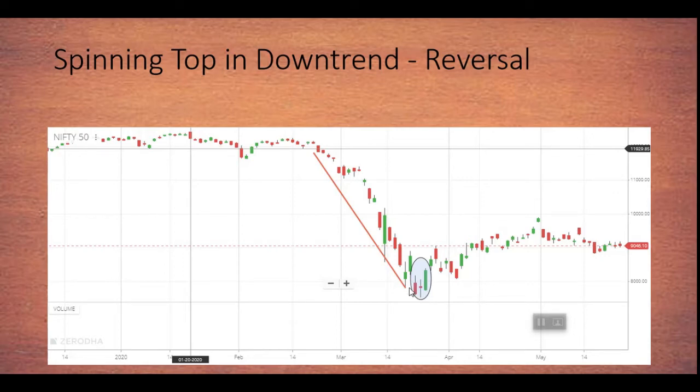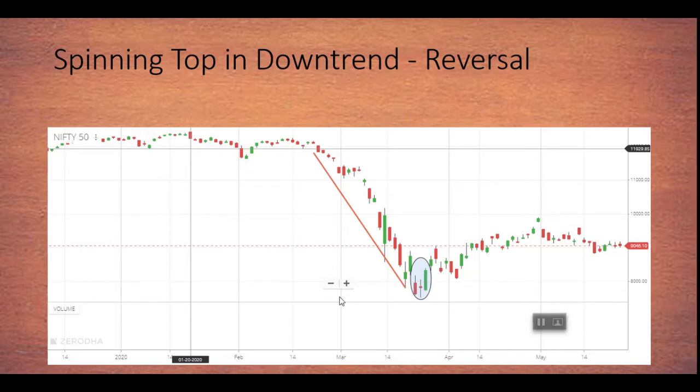Let's say you are trying to buy 1000 stocks after seeing the spinning top. Don't buy all 1000 stocks at this level. Buy only about 50% of your trade, so you buy 500 shares at this level. Once the stock price starts moving up, you can buy the balance 500 stocks, or if the price moves down, you can also buy the stocks at the lower price, which averages your cost.